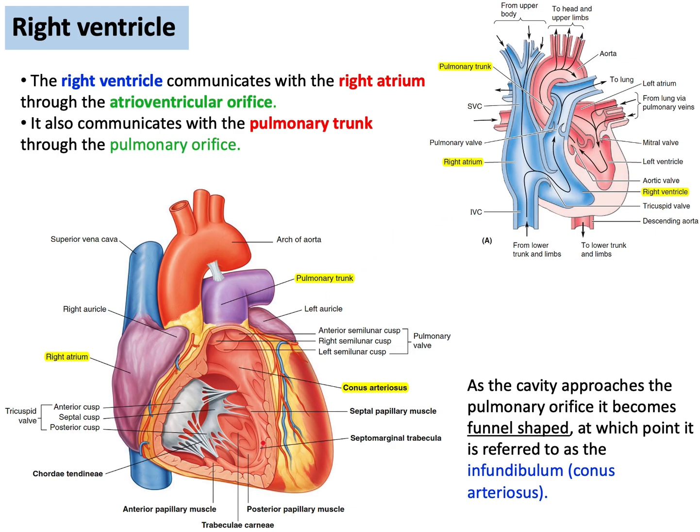So first of all, the right ventricle communicates with the right atrium through the atrioventricular orifice. And there is a valve here known as the tricuspid valve. We will know why it's tri, that means three, and cusp. Okay. So it communicates with the right atrium and it also communicates with the pulmonary trunk through this orifice, the pulmonary